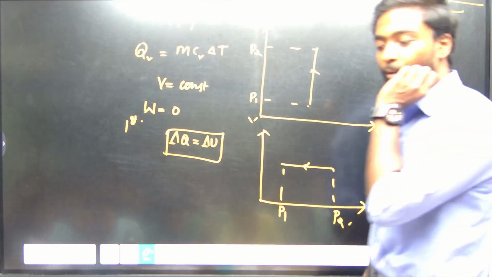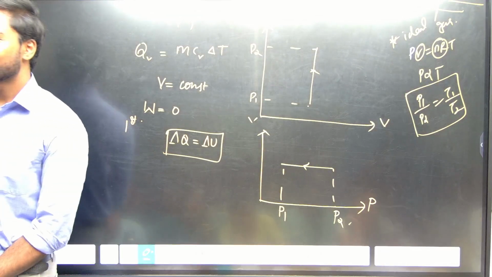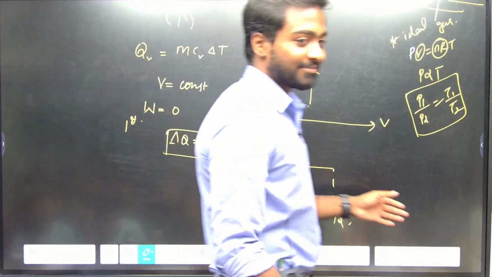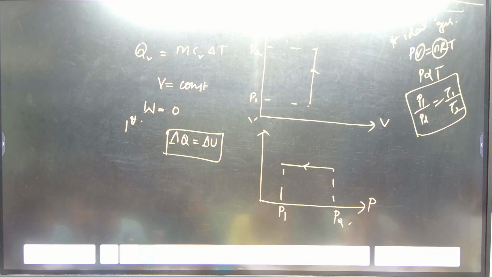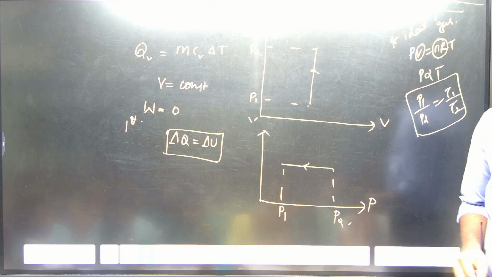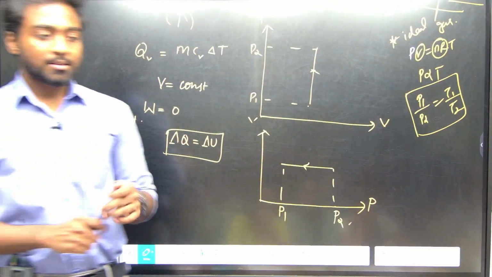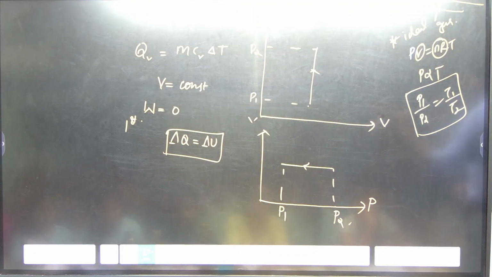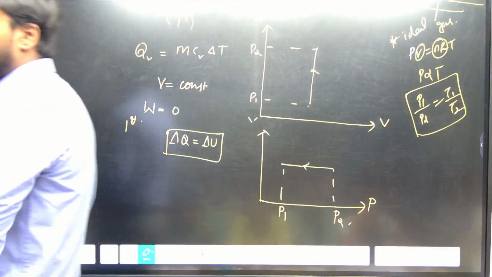Okay, what is the slope of the graph now? It is infinite. Perpendicular, no? Write down. See, for pressure it is 0, like for volume it is infinite. And you have talked about